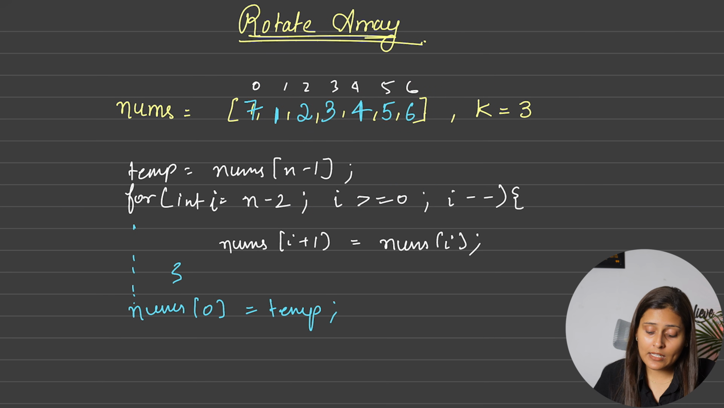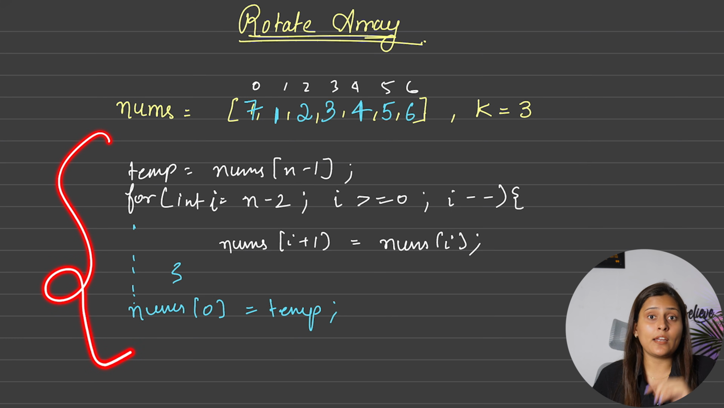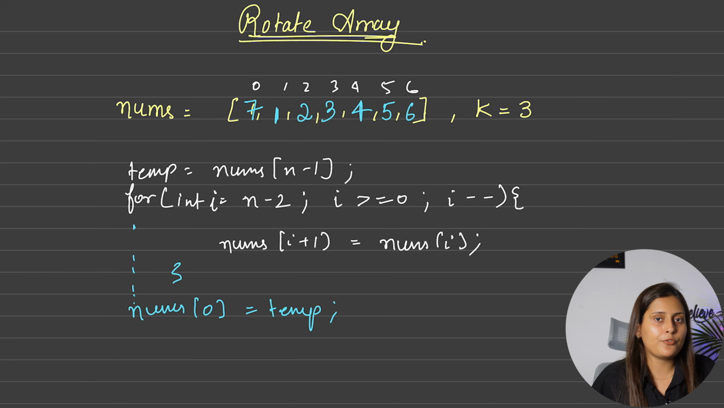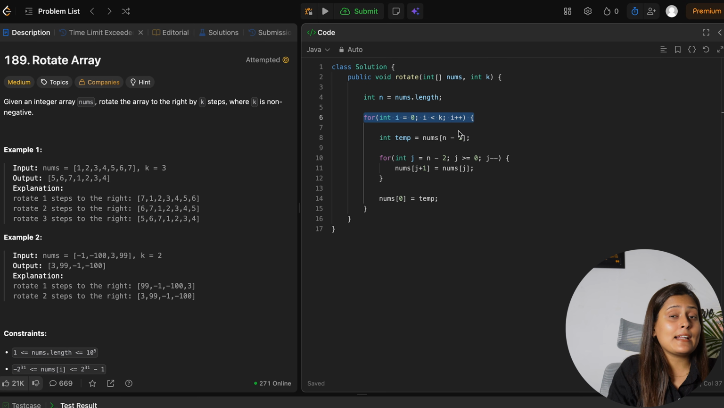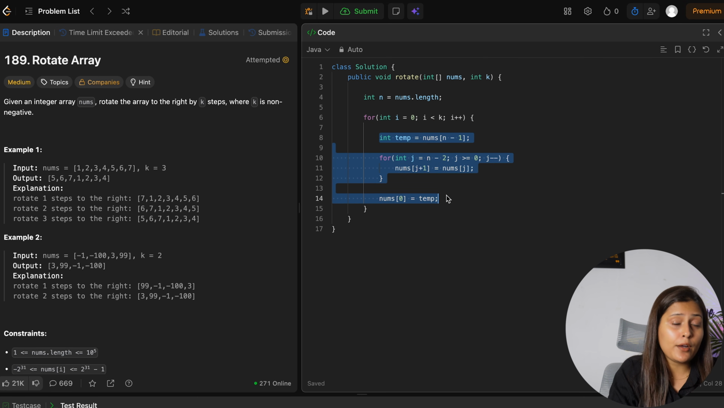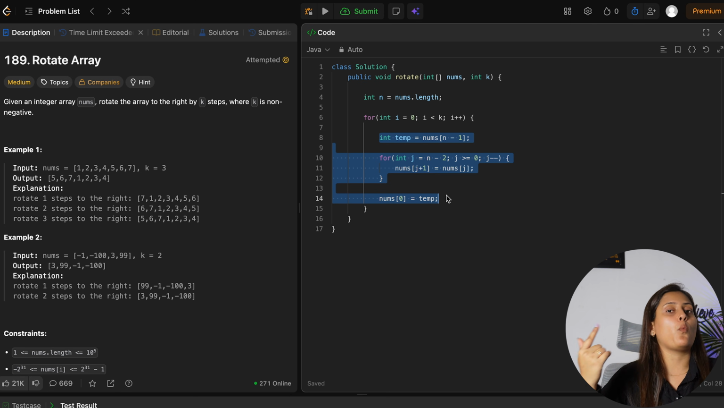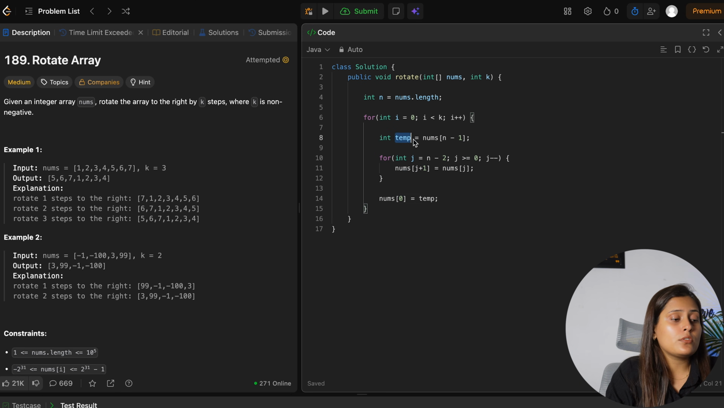Yes, so we can run this entire code in another for loop, nested for loop, which will run for k times. Okay, so here is the code. We will first calculate the nums.length, and we want to run this outer loop for k times because that decides how many number of rotation we want, and the inner code till here will actually do the rotation by one time. Okay, so what we do for the rotation, first we save the last element value nums of